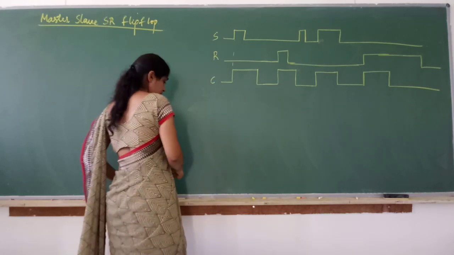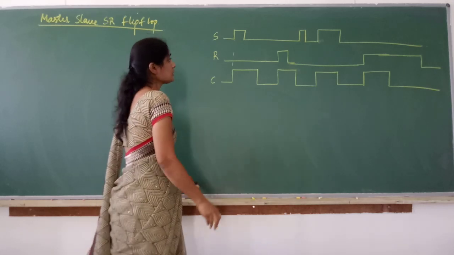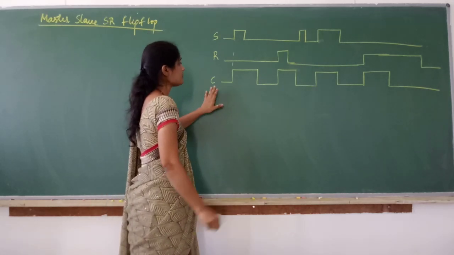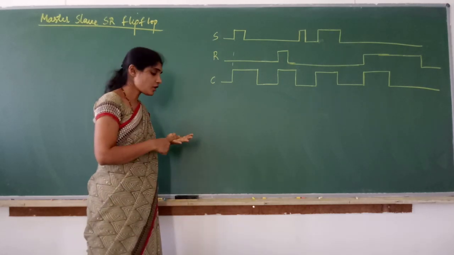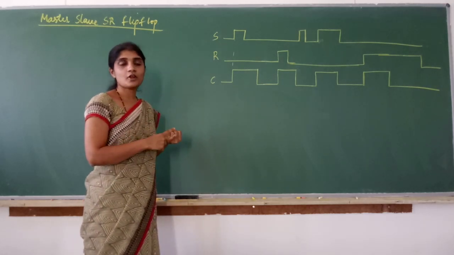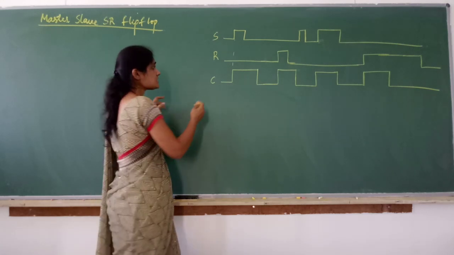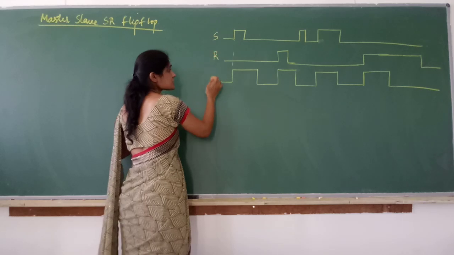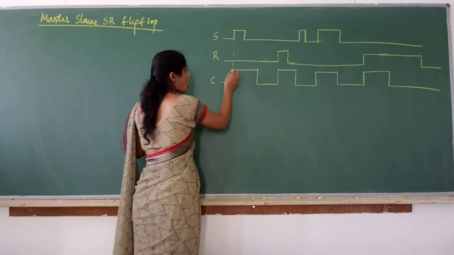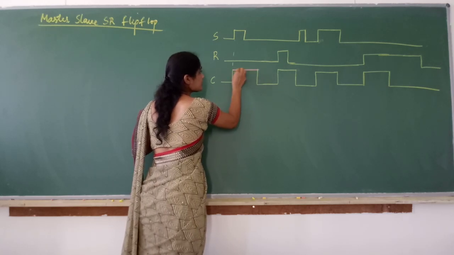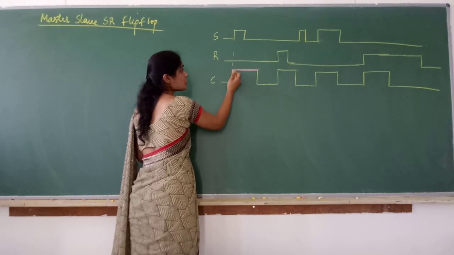To explain that, I have written the waveform here. Just have a look at the waveform. This is the clock pulse. I have taken an example of SR flip-flop. SR flip-flop, T flip-flop, D flip-flop, JK flip-flop can be either pulse triggered or edge triggered. What is pulse triggered is, your flip-flops will be triggered for the entire clock pulse. The on period of the clock will trigger the flip-flop. That means your flip-flop output changes for this entire pulse.